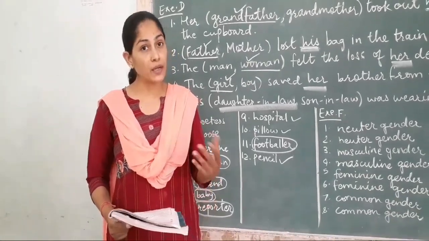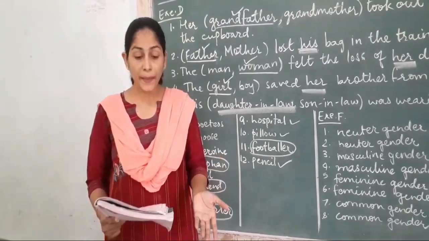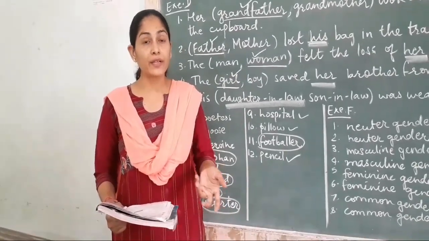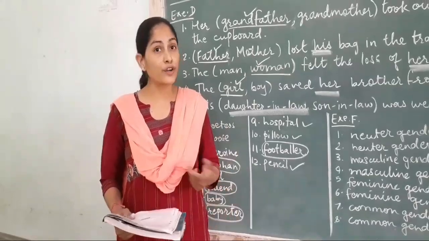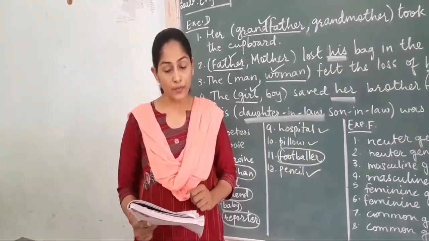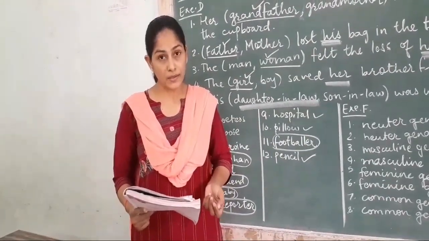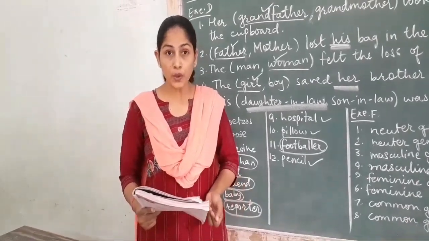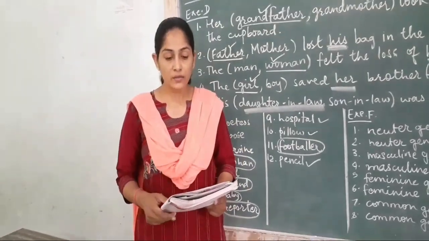Anchor, anchor can be a girl or a boy. Announcer, parent can be a mother or a father. Tutor, who is a tutor or private teacher who is teaching the students is a tutor. So tutor can be a male or a female. All these are examples of common gender. Next one, ward. Ward is used for child. Baby, girl, person, worker. Worker can be a male or a female. Reporter, again male reporter, female reporter. Next, footballer.